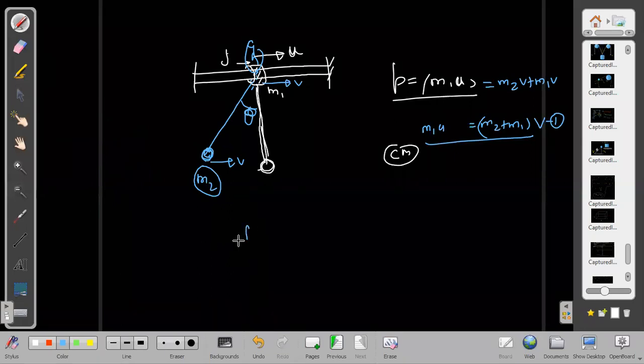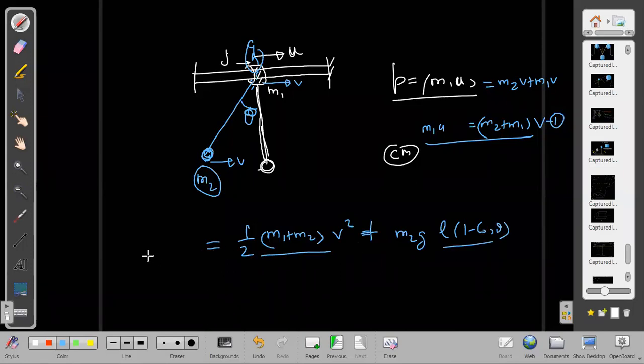And then after that, the kinetic energy will be just, since both are having the same velocity, half of (m1 plus m2) into v square, plus the potential energy gained, m2 g L into (1 minus cos theta). The kinetic energy and potential energy gained come from the initial kinetic energy, which was half of m1 into u square. How many equations do we need to solve it now? Simply 2 equations: conservation of momentum along horizontal and the conservation of mechanical energy.